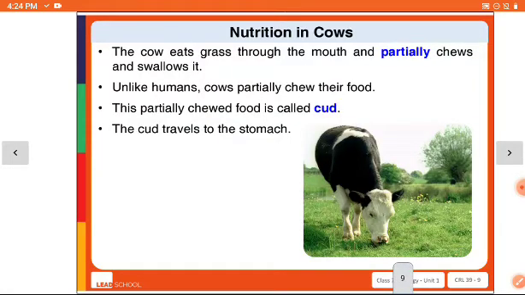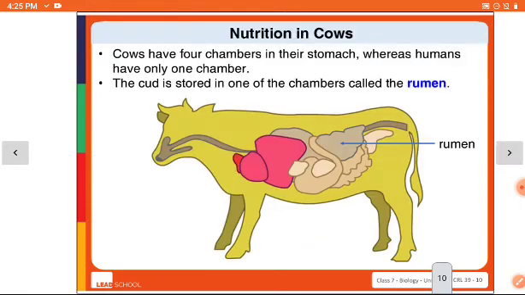The cow eats grass through the mouth and partially chews and swallows it. Unlike humans, the cow partially chews its food. This partially chewed food is called cud, and the cud travels to the stomach. So a cow has 4 chambers in its stomach, whereas humans have only 1 chamber. That is the difference. The cud is stored in one of the chambers called rumen,